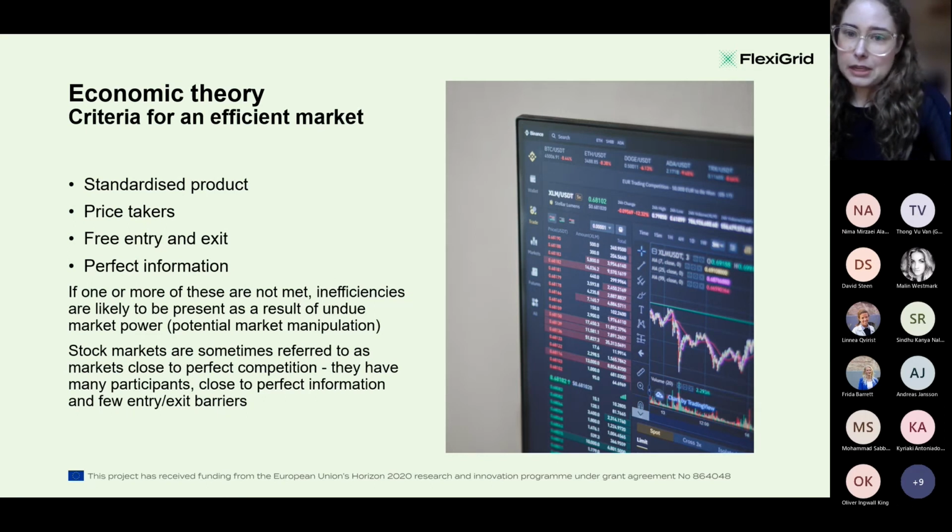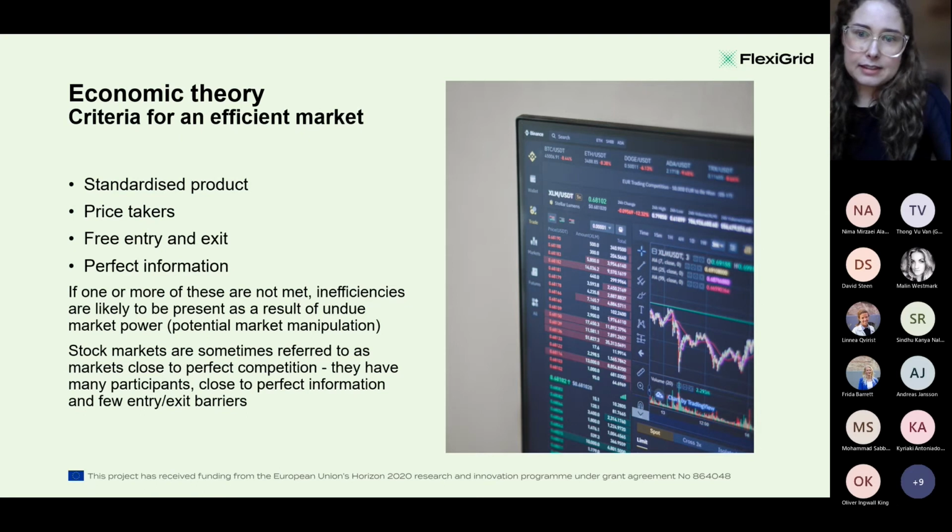So they will not be able to affect the price by, for example, increasing or decreasing the provided quantity, such as we can see, for example, on the market for oil. And sellers are much more likely to be price takers on a market where there are many sellers and therefore quite small individual market shares. But if entry and exit is working properly, they might also be price takers on a market with few sellers.